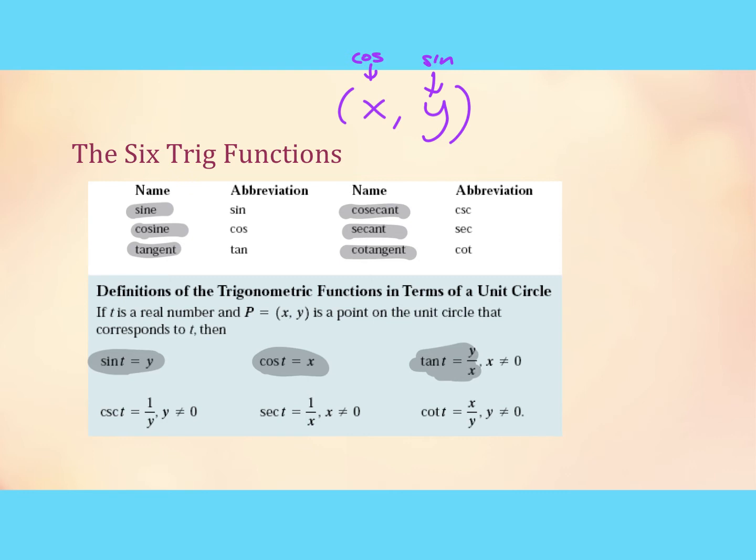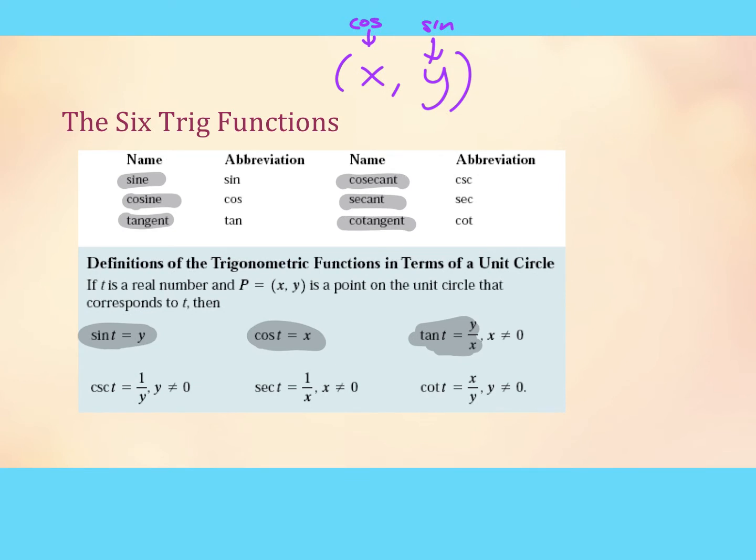And then all the reciprocal functions, you could literally do 1 over y or just do the reciprocal of sine. So take whatever sine is and flip it. Secant is the reciprocal of cosine. Take whatever the cosine is and flip it. And cotangent is either x over y or it's the reciprocal of tangent. Take whatever that tangent is and flip it. There's a lot of rationalization in this stuff. Eventually we're going to be having to combine our denominators. But for right now, the memorization comes from those coordinate points and then maybe flipping them and having to rationalize,